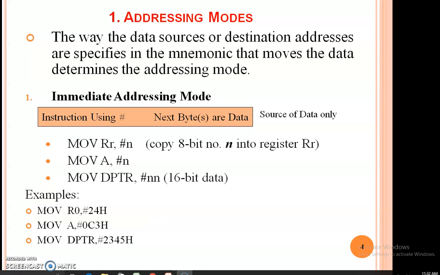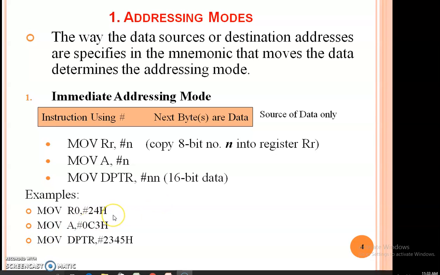What is an addressing mode actually? When you use an instruction, we specify what operation we are doing in the form of opcode, and on which information we are doing this operation, that is nothing but operands. In what way you mention the operands is nothing but the addressing mode. So addressing modes specify the operands: whether the operand is a register, or a memory location, or direct data, where the instruction itself provides the data. This is how we use addressing modes to provide the operands.